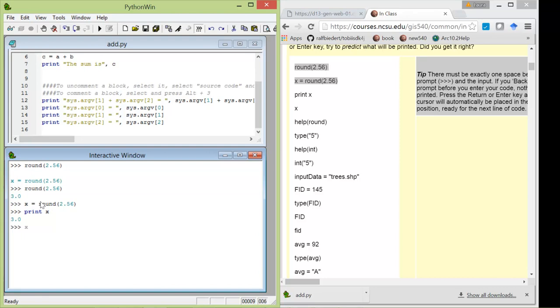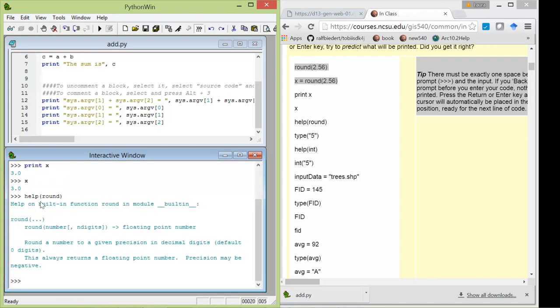And if I just say x, that also prints 3. If I look at the help, I call the built-in help function. I get the signature and a little bit of an explanation about what the round function does, how it behaves. I can type,